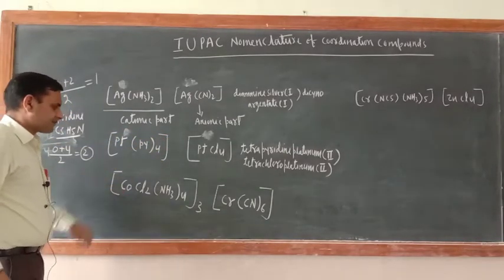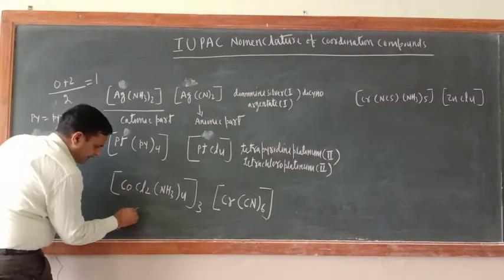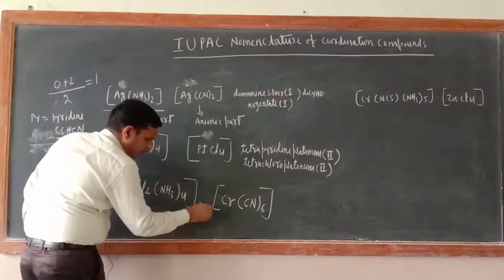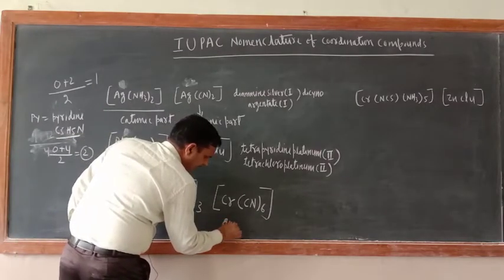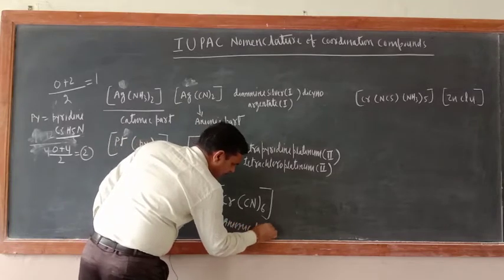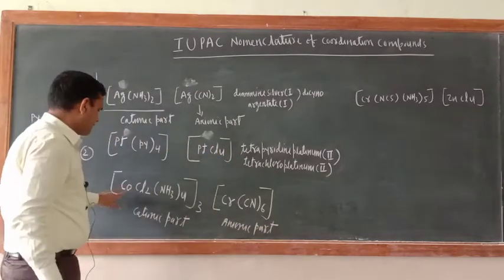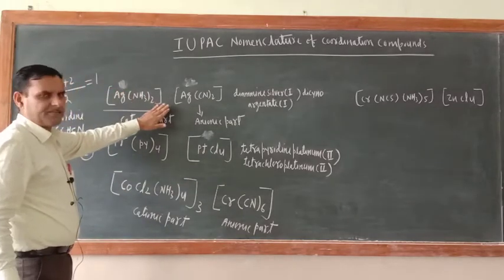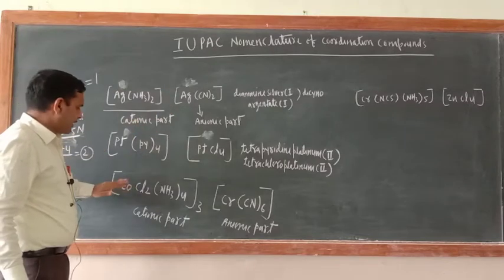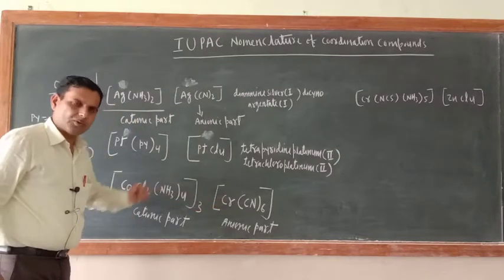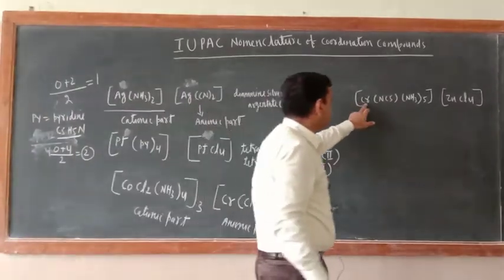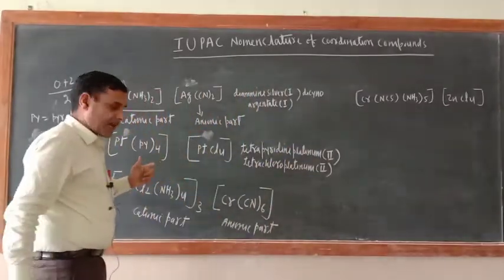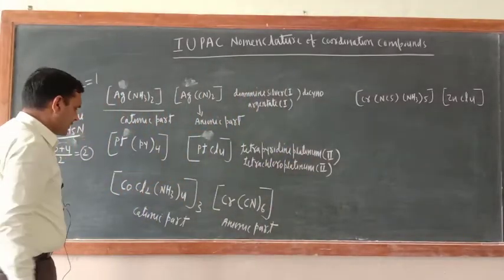Now just check here, this is also the cationic part. What about this one? This is the anionic part. Now try to understand here. Unlike these two cases where both parts had the same central metal atom or ion, here one is cobalt, the other is chromium. Here also one is zinc, the other is chromium. The central metal atom is different. So don't worry, just see.